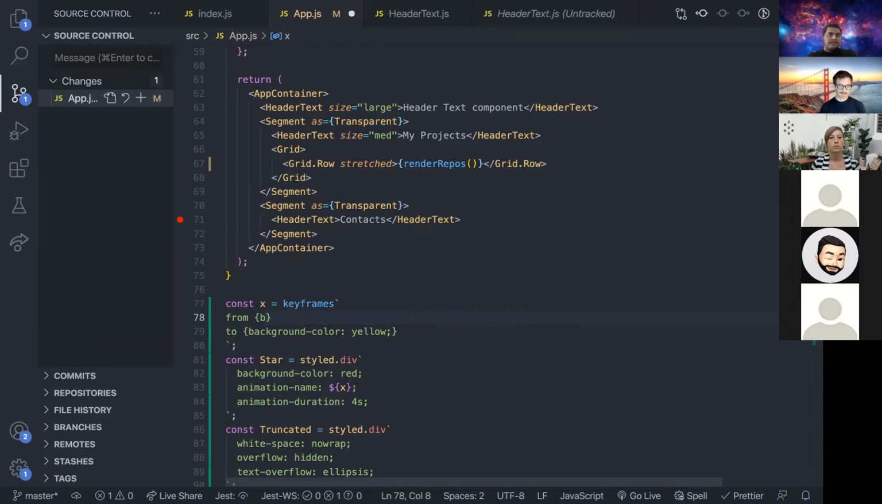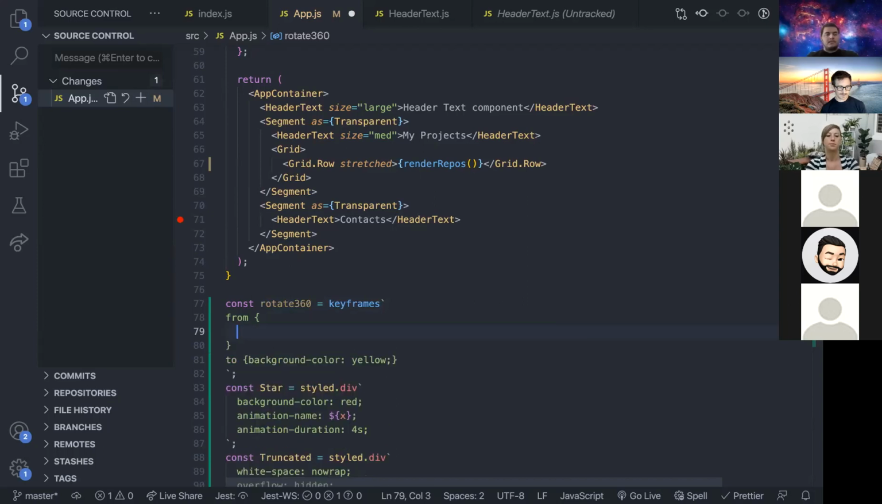What we're going to do with this, I'm going to call this rotate 360. I want the star to spin around. So to do that, I can use this transform attribute. I can say, hey, rotate. I'm going to start this off at 0 degrees. Transform, I need to spell that right. And then I'm going to go to,